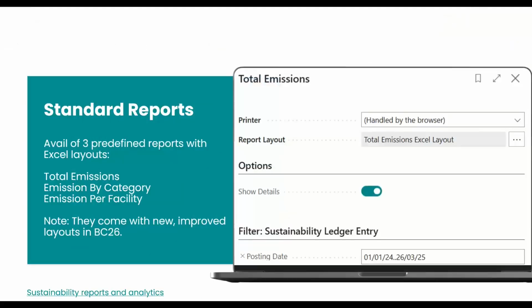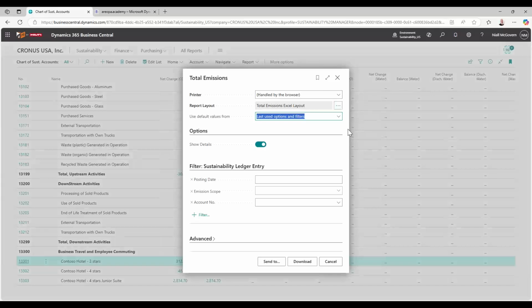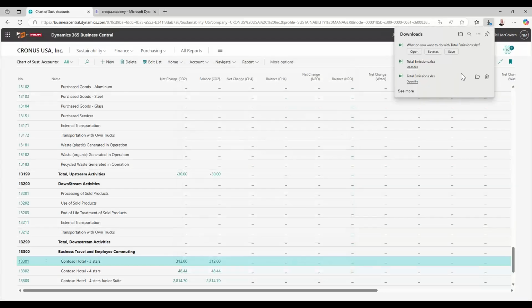There are also some standard reports. These are all in Excel layouts. They're a starting point that you can use to extract data and see what you can do in terms of Excel reporting. They do have new improved layouts in BC26, so you can run them here from the chart of sustainability accounts. You've got total emissions per facility, which of course you'd need to have been filling in the responsibility center for if you wanted to do that, and by category. So if we just quickly look at total emissions, I'm not going to apply any filters. I'm going to generate an